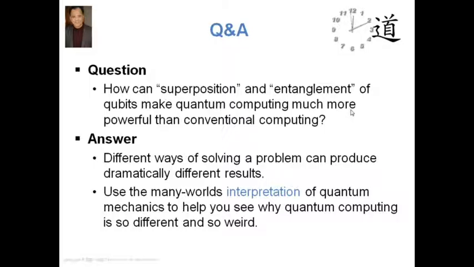entanglement is when what happens to one affects the other instantly. So the question is, how does that make quantum computing more powerful? It's a simple question, but to answer it clearly and simply can be a challenge. So the way that I can help everyone understand is to begin with an example about